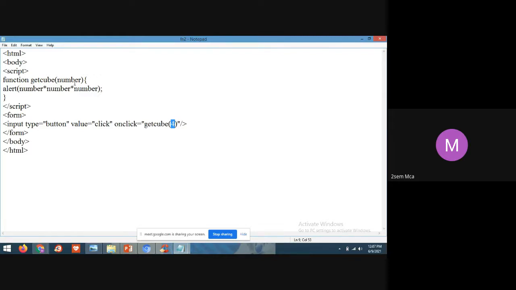So now the output should be 4 into 4 into 4, cube. 4 into 4 is 16. 16 into 4, how much? 64. The output should be 64.